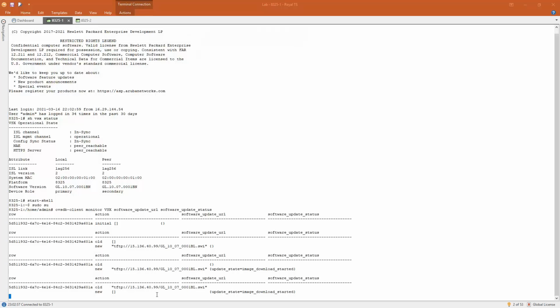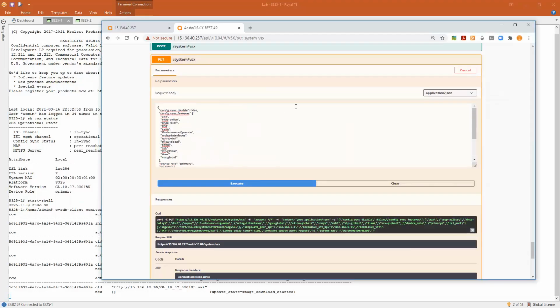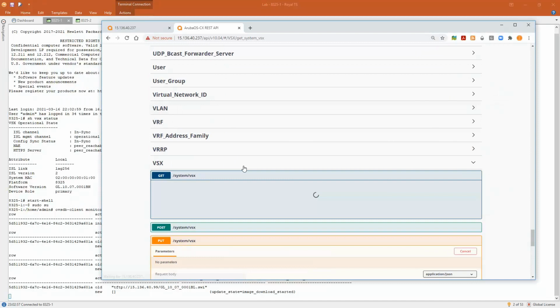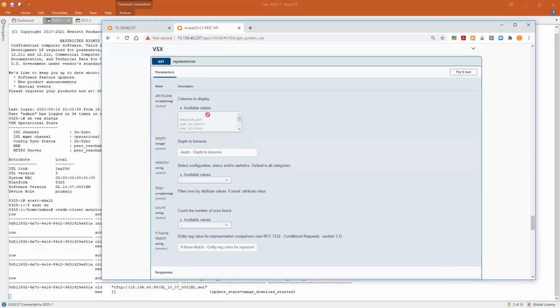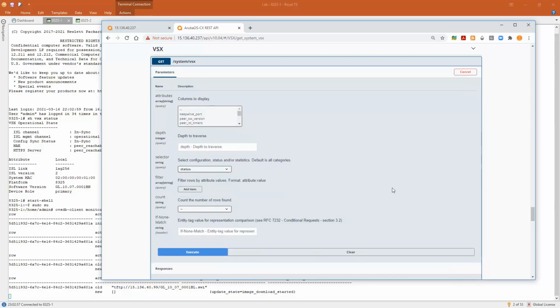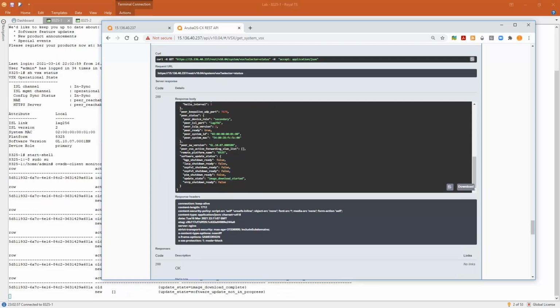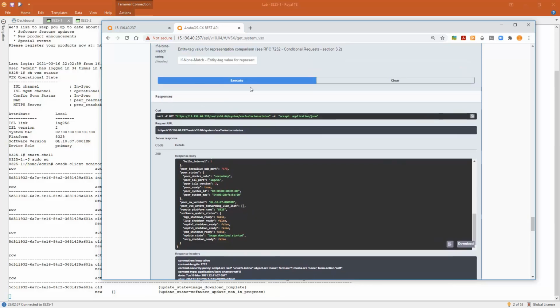And meanwhile we are waiting, I can also do a get here to see the status. You can see, for instance, at the end that I've got image download started, and I can do again a get.